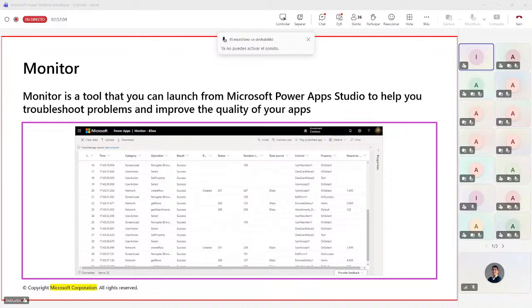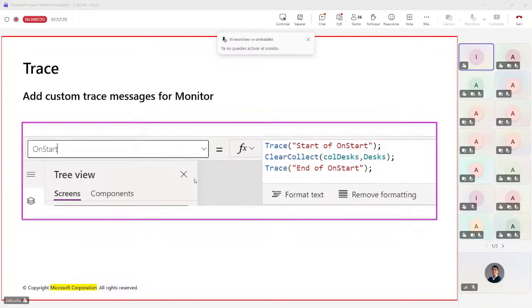Generating this log as the app starts and then analyzing it can help you understand how your app is spending its load time, right? So that is what you will be able to achieve with the help of the Monitor tool. We also have something called Trace,